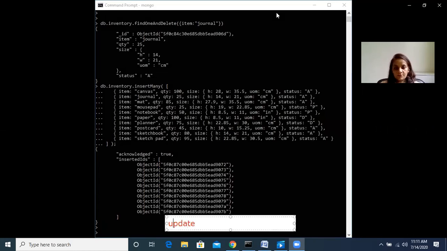Each document has been given object IDs, and to update, the syntax is the update operator, and then field 1, which means which field we are going to update, and then the value for that field, the value 1 which we want to change. And then we can write conditions separated by commas.